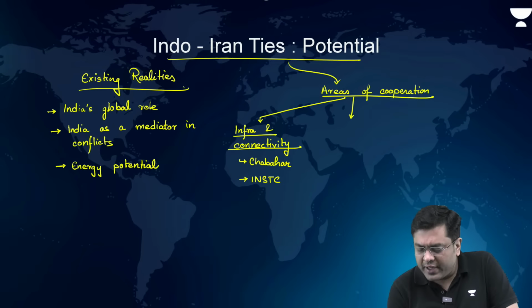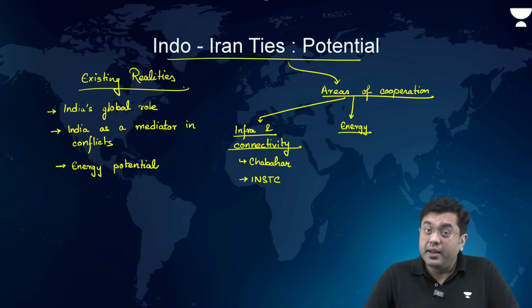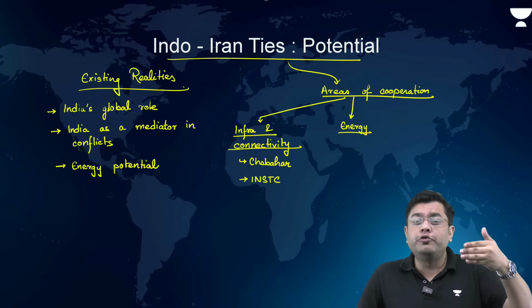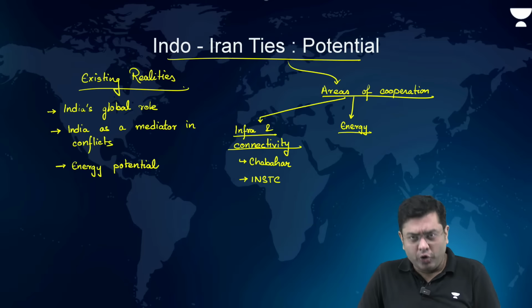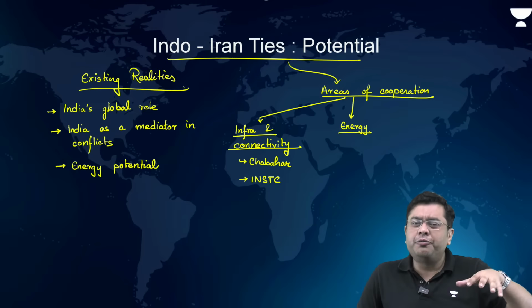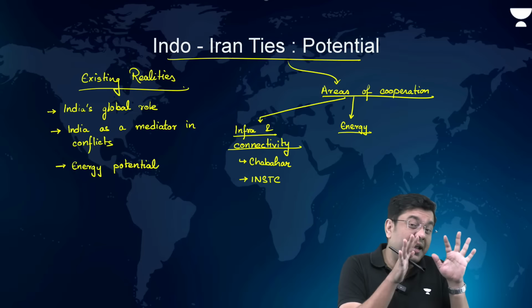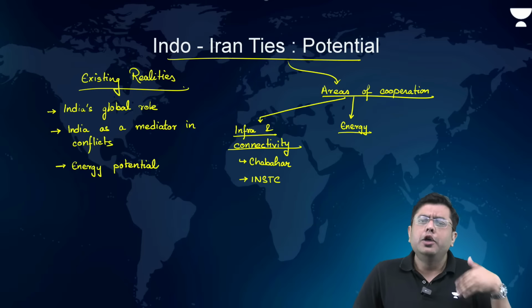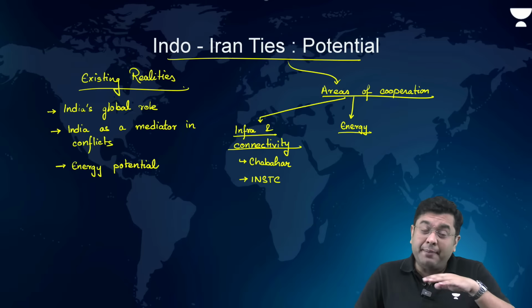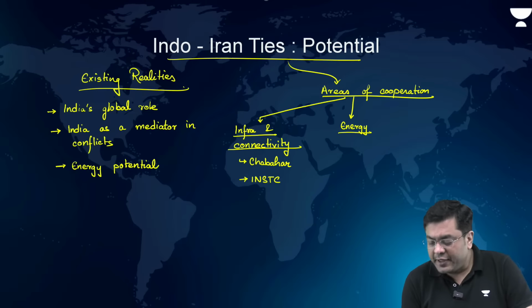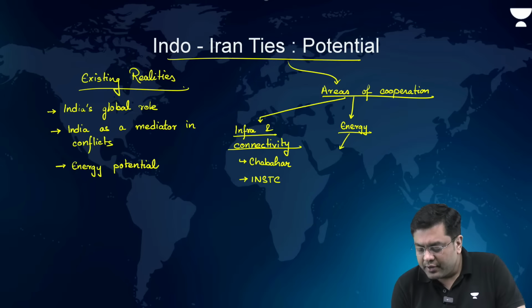And that is where, when we talk about the energy potential, there can be no two ways about the fact that India requires crude oil and natural gas as well. Iran has also, by the way, been a major key component through the decades in fulfilling our requirement for fertilizers. It is only owing to the kind of pressure and the sanctions that the Western nations have imposed that our import of fertilizers from Iran has reduced. But historically, urea, an important fertilizer used by farmers across various parts of the country, had one of its major sources in Iran for a long period of time. So when we talk about energy, here you can have the aspect of oil imports,